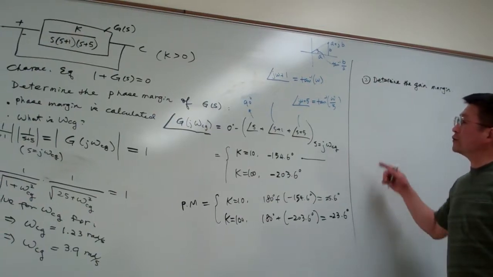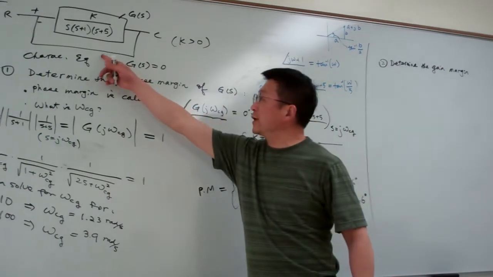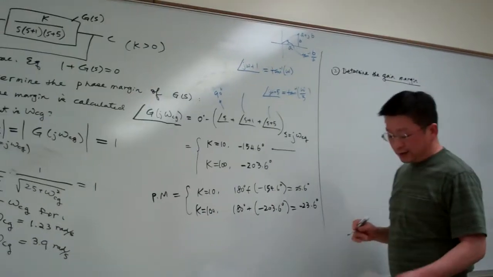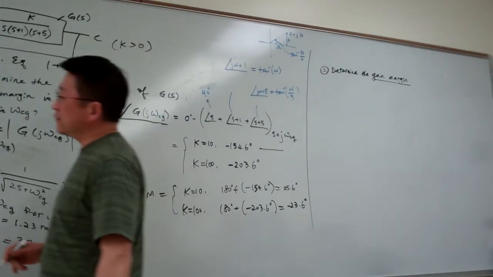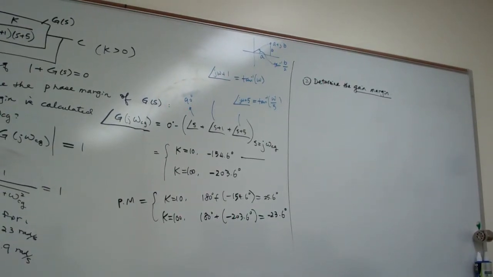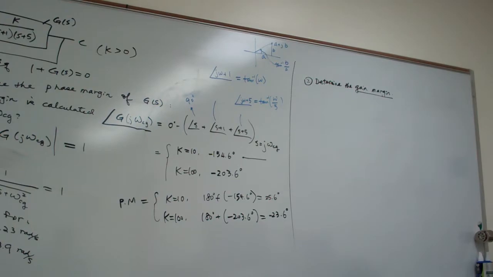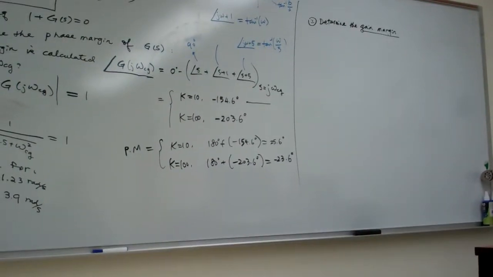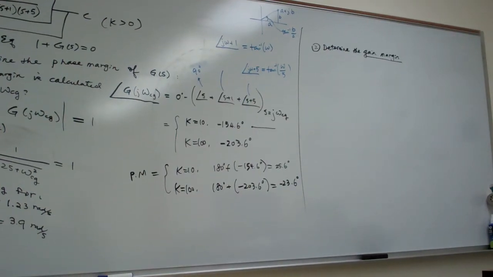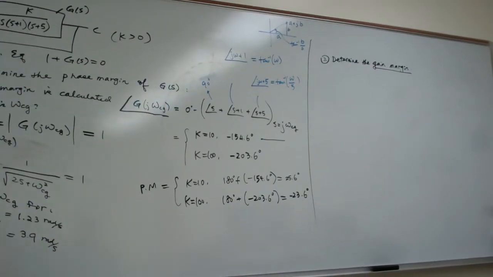So here we're going to use the same example, and we're going to show how to determine the gain margin here. Again, the gain margin is defined by here, that is the gain margin. The gain margin is calculated when the phase angle is 180 degrees. That means you can measure from here to here corresponding to this point. Right? So here we solve for omega